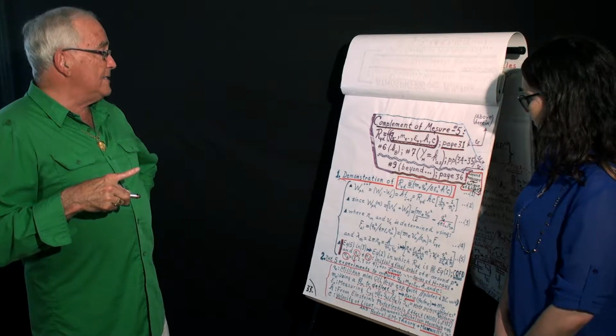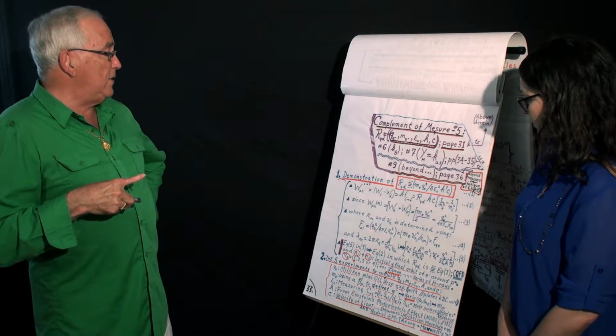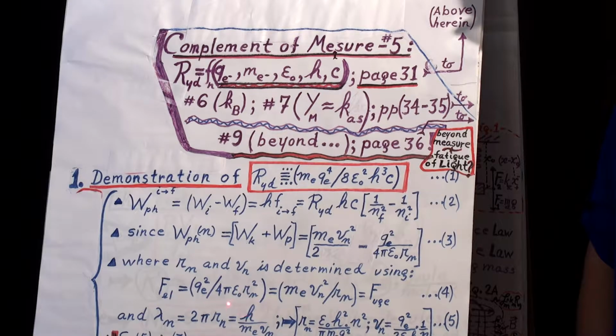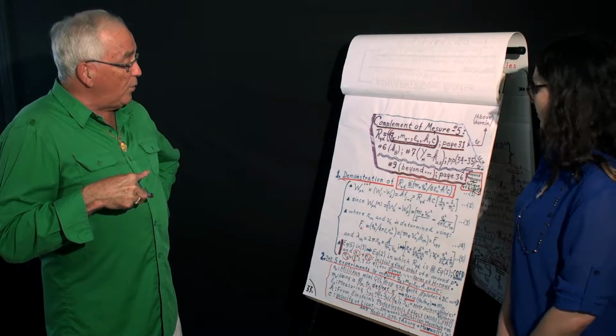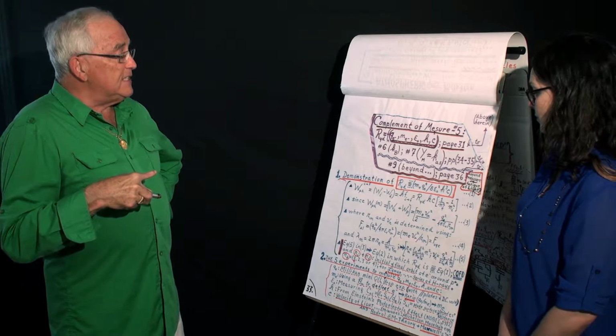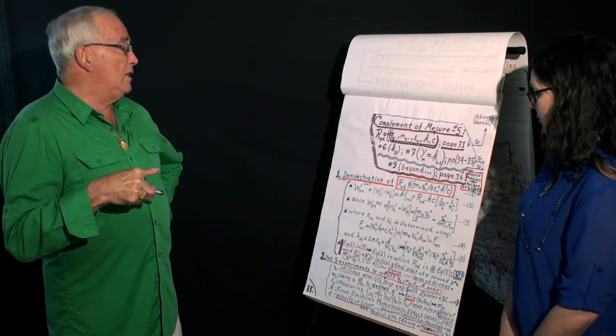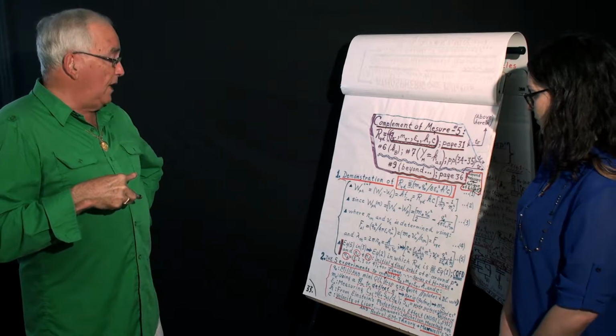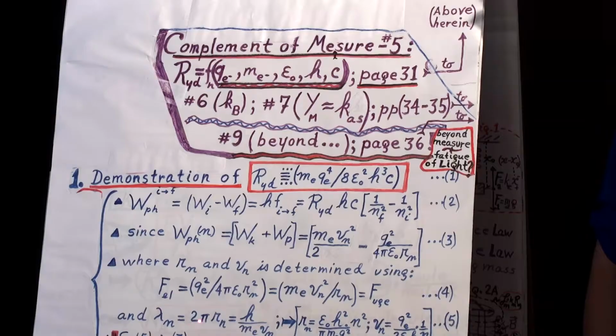So you just apply these, where R_n, V_n is determined using the electrical force. The gravitational force between the electron and the proton in the hydrogen atom is really negligible compared to the electrical force. It's about 10 to the power 32 stronger, the electric. So when you equate the electrical force between the electron and proton to the centrifugal force, okay, you end up, and using de Broglie's equation for the wavelength of a mass, you end up that